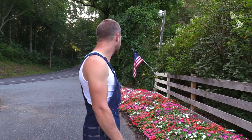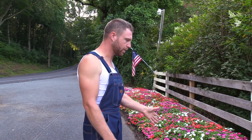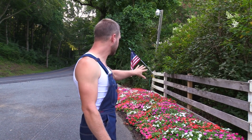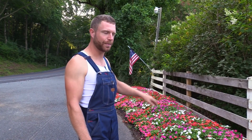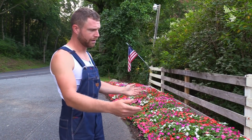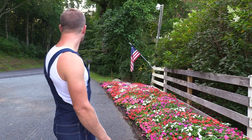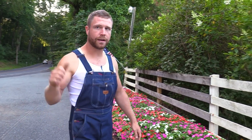And I mean, they're just so much color. They just go and go and go. You don't have to deadhead them or anything. They're totally maintenance free. They like a little bit of a shady environment, not too much sun on them, but you can see they're just thriving here. Anyway,